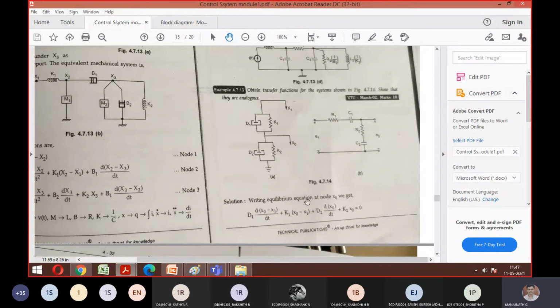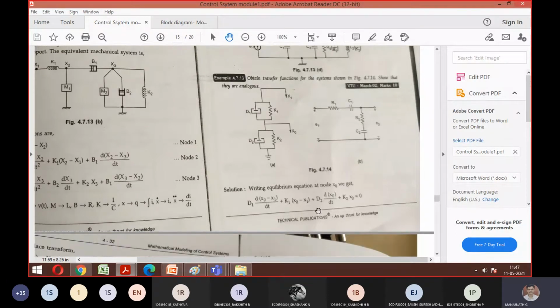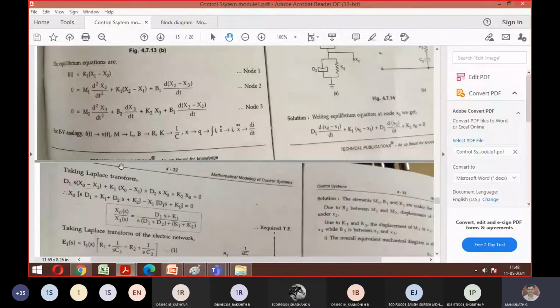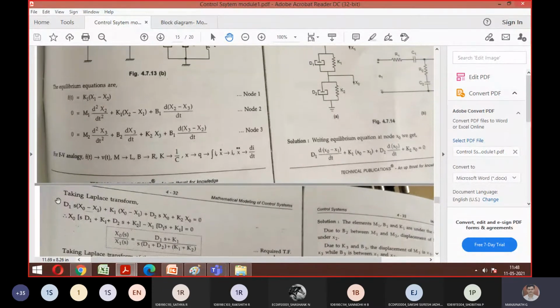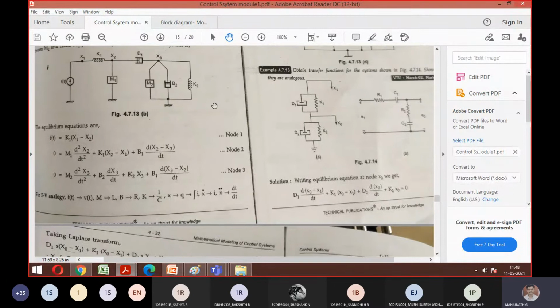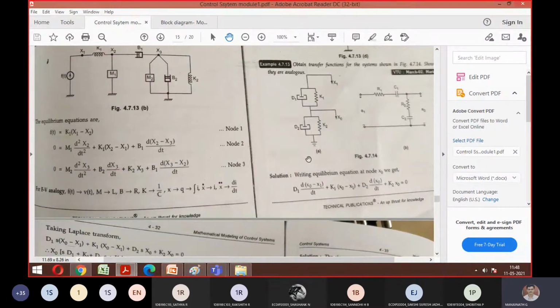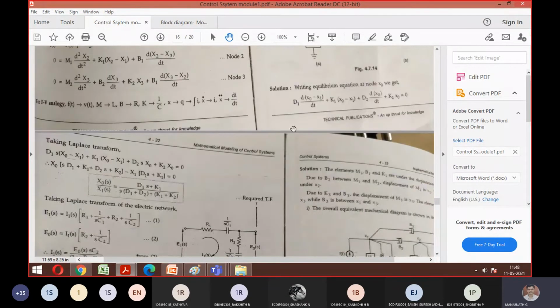Yes, sir. So now what you want to do is apply the Laplace transform for this. D1 remains D1. You can make some changes in this problem. Instead of representing the dashpot as B, they have given dashpot 1 and dashpot 2, so D1, D2. Can you see the difference here? This is also possible for representing your dashpot. Instead of b1, b2, we can name dashpot 1 and dashpot 2 as D1, D2 also. That is why they have taken D here. So D1 is kept as it is.